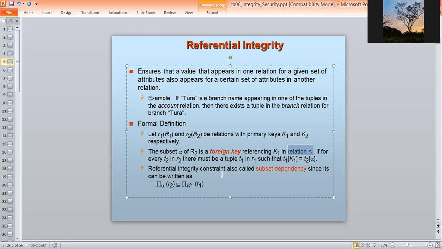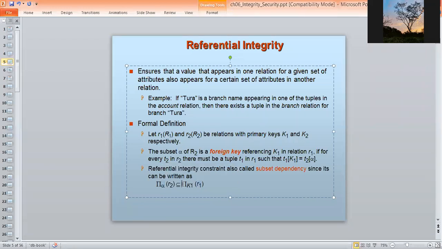Now, a referential integrity constraint is also called a subset dependency, since it can be written as the projection alpha of R2. That means from the R2 relation, if you project only alpha, the foreign key, it will be a subset of the primary key of the relation R1.